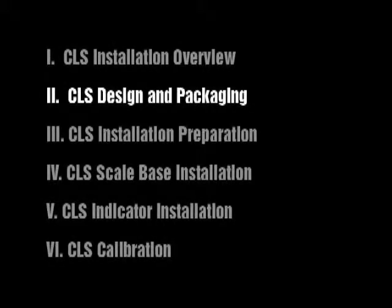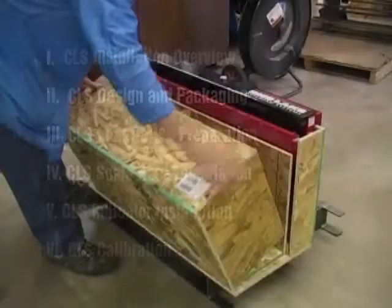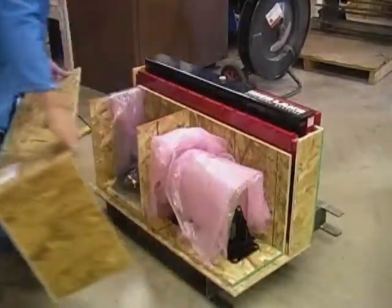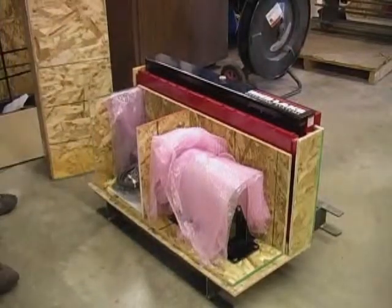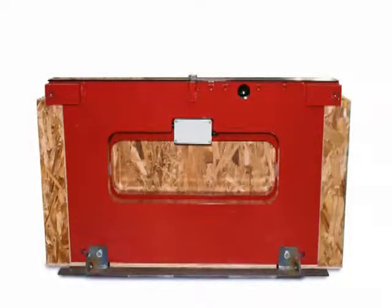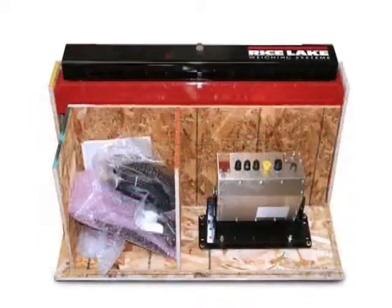CLS design and packaging. Upon receipt of the shipping pallet, please take time to inspect it for any visible signs of damage and ensure all components are included. The shipping pallet should contain the following: 1 scale carriage assembly with cover plate, indicator component